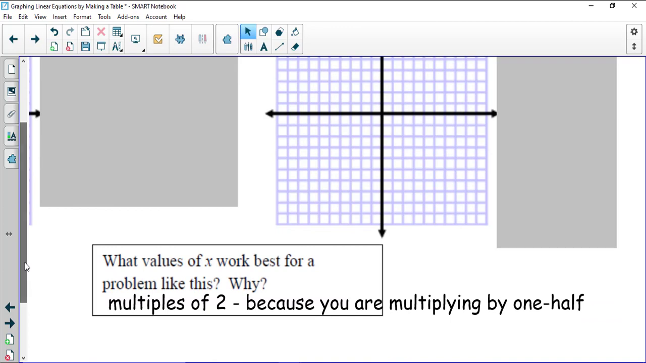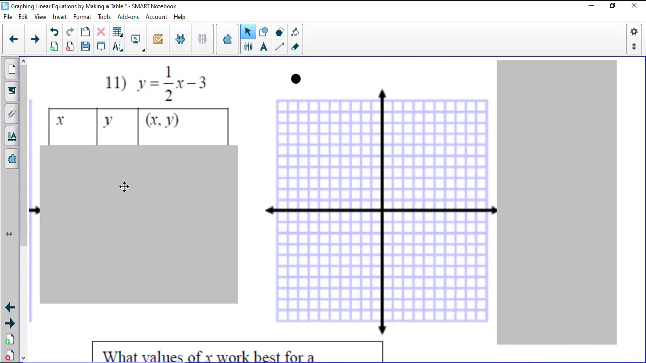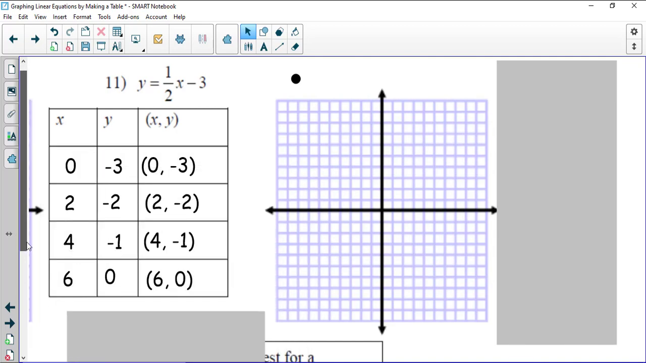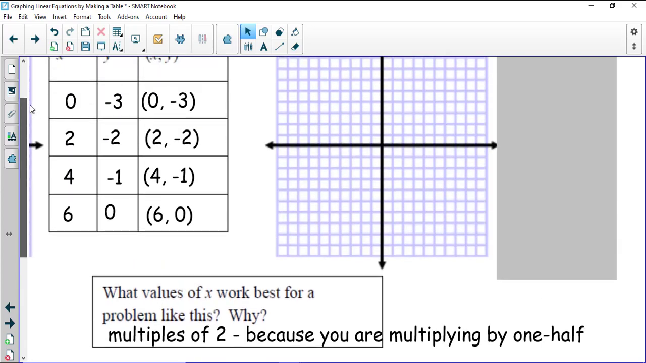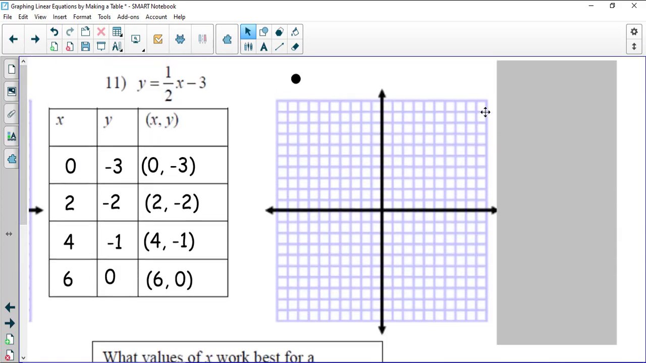Now I suggest you choose numbers that are multiples of 2 because you're multiplying by 1/2. So I chose all positives actually for this one. I chose 0, 2, 4, and 6. Let me go ahead and slide this out of the way. There we go. So if I replace x with 0, I'm going to have 1/2 times 0 minus 3, which